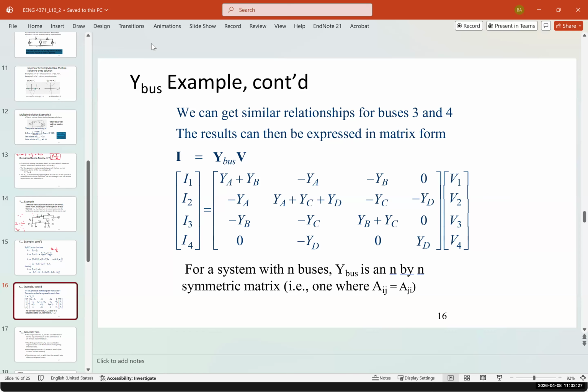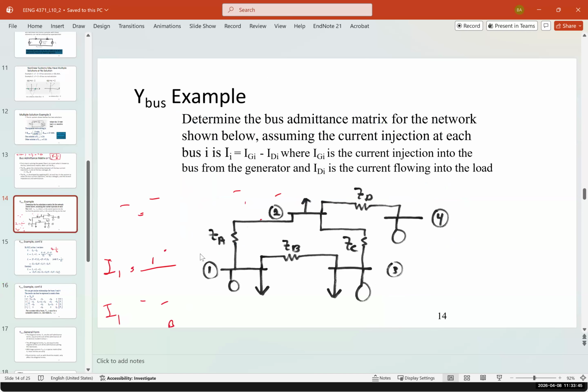Now the diagonal ones are the self-impedance, meaning the impedances that are just going into that bus, and the non-diagonals are the admittances between those two. So for example, between bus 1 and 2, what is the impedance between bus 1 and 2? Yes, so the impedance Z12